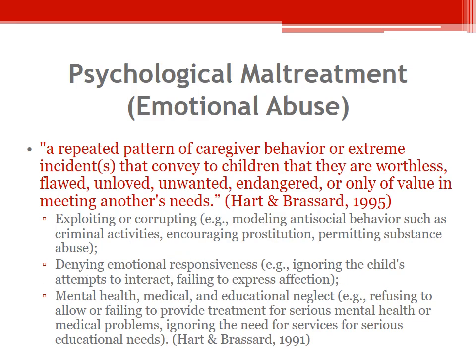Other forms of emotional abuse, which can also present grave physical danger to a child, is exploiting or corrupting them. So, in other words, modeling antisocial behavior, such as criminal activities. If you're a caregiver of a child and you have that child help you in, say, the commission of a robbery or something, that's a clear example of exploiting and corrupting. If you encourage your child toward prostitution, or if you permit them to abuse substances, this is also exploitive and corruptive behavior.